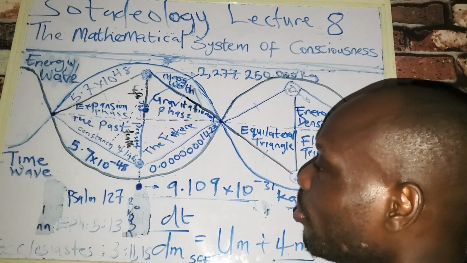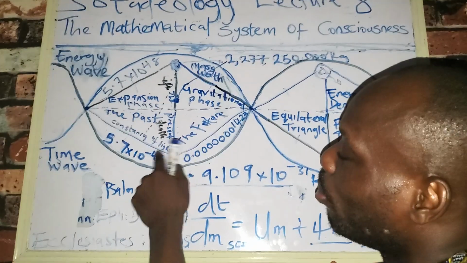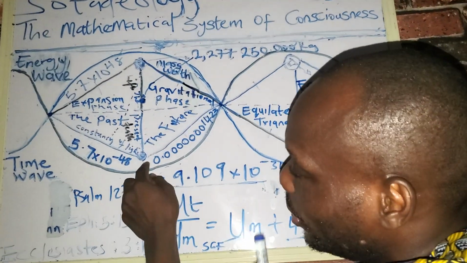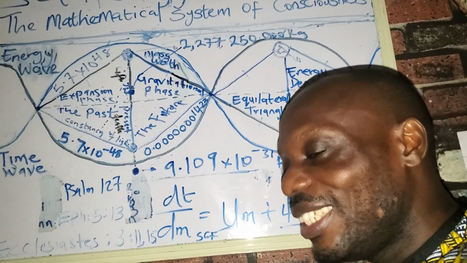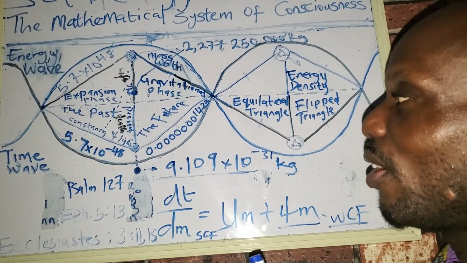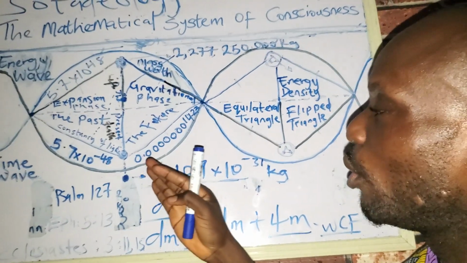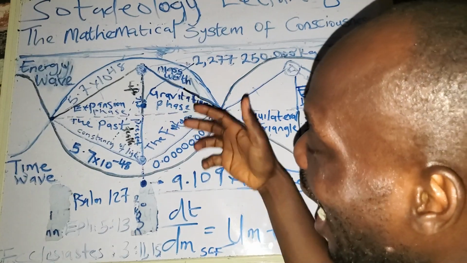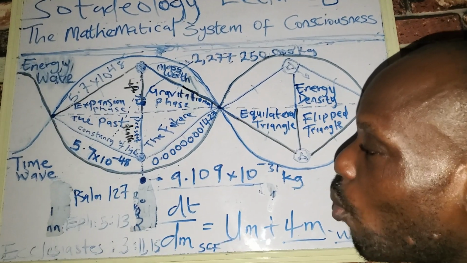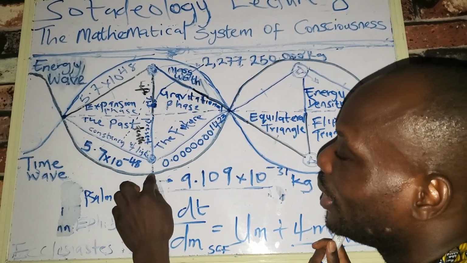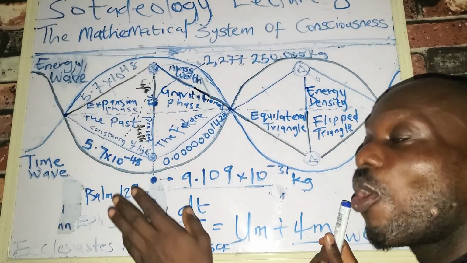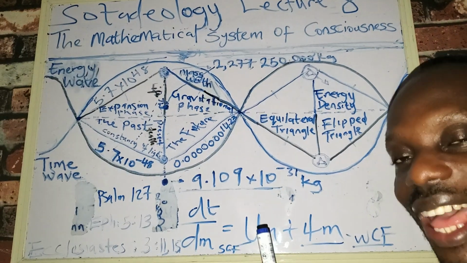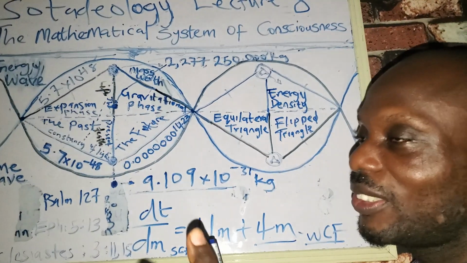So now, the moment this is broken, then the equilateral triangle will be compacted, and so the constant speed will be hiked, and when that is hiked, it will move towards the smoothness around the edge of this energy wave, because by compacting the equilateral triangle, then the slice of that constancy